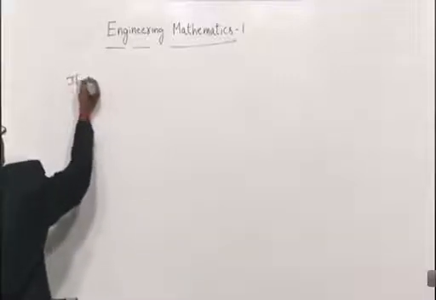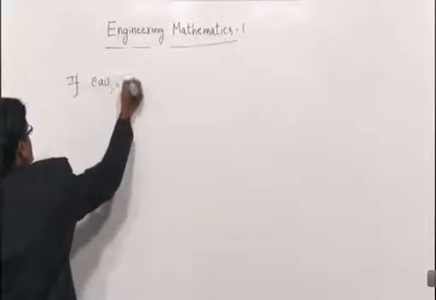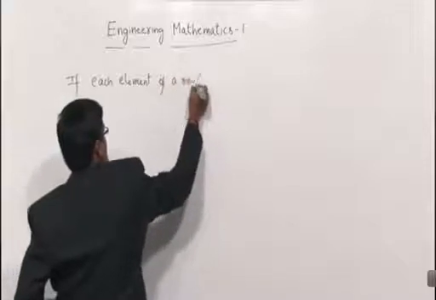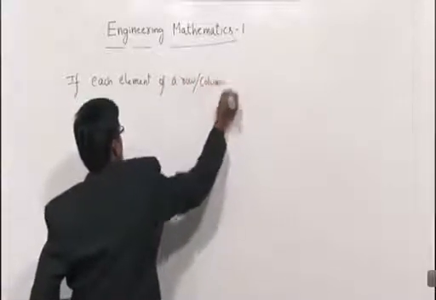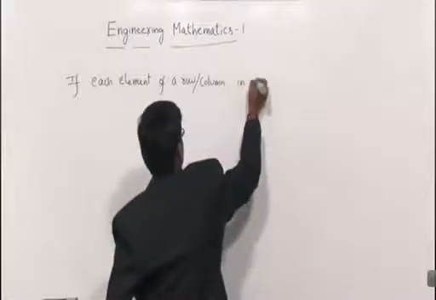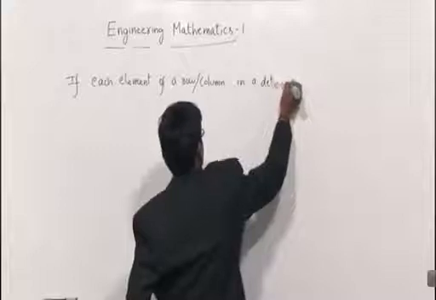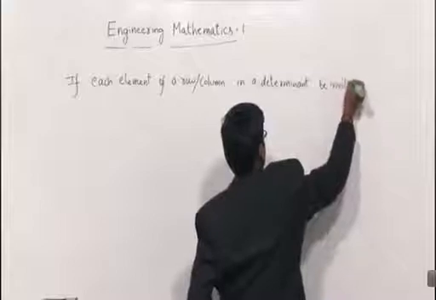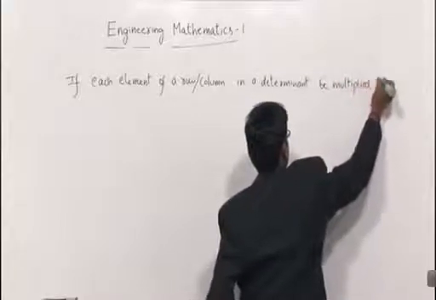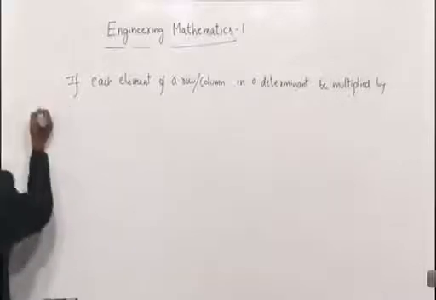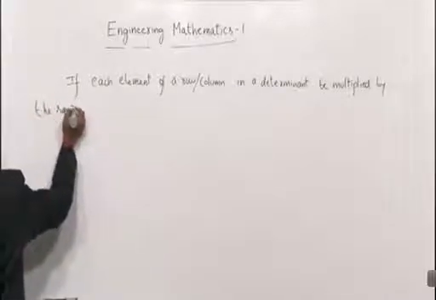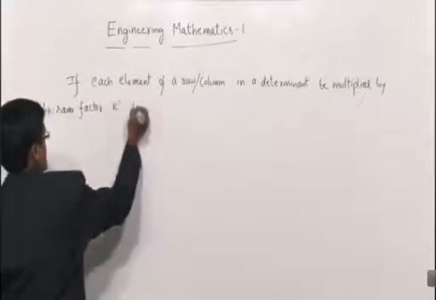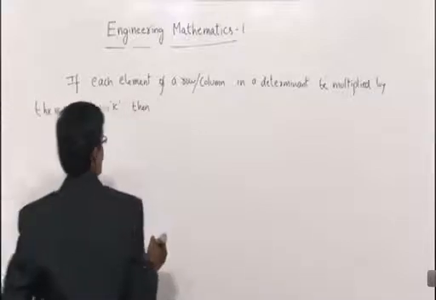Yesterday I told you, if each element of a row, or a column, in a determinant is multiplied by the same factor k, then